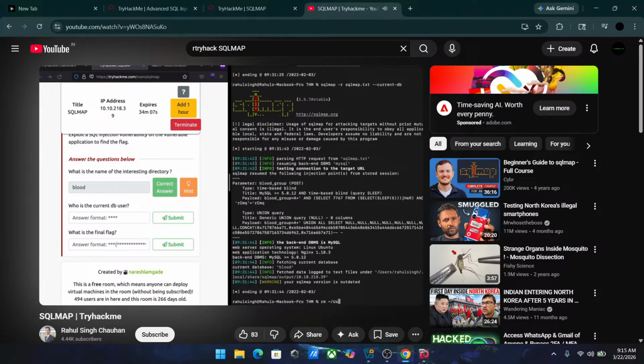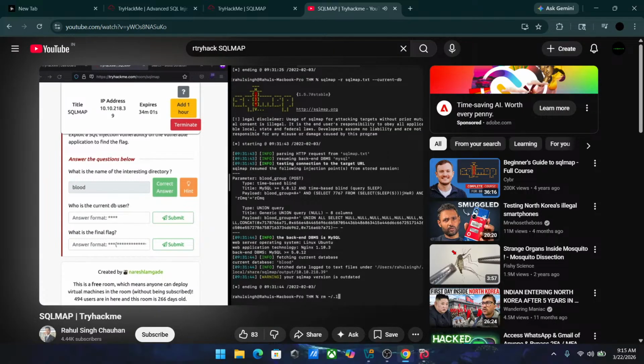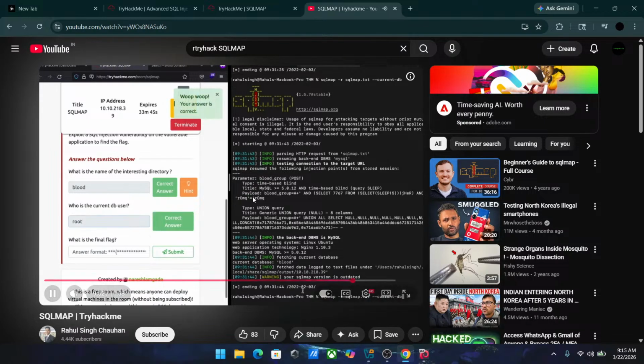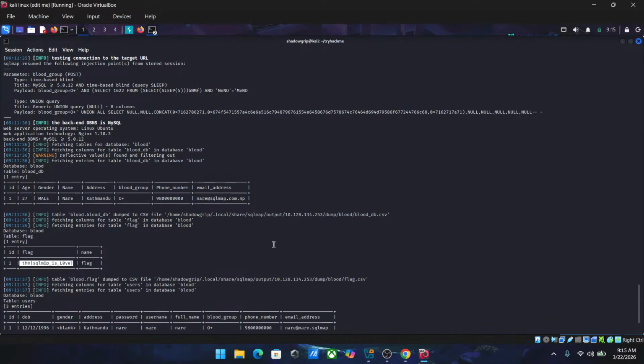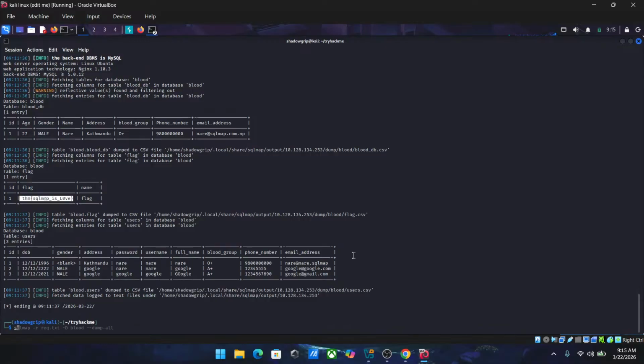Let's just remove users, local. For some reason it isn't providing me the username, but in your case it will, because I did try it for a while and it might have cached it, so it is not showing it to me. The current database appears to be root, but for the sake of it, let's try this. sqlmap .txt